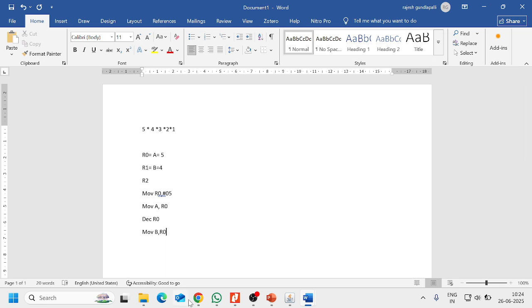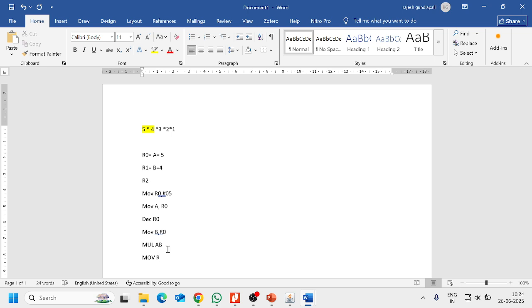B is having 4. Now we need to start the process. We will start with MUL AB, the multiplication of AB. So now 5 and 4 will get multiplied, and the result will be stored in the A register. Now this value we will move to